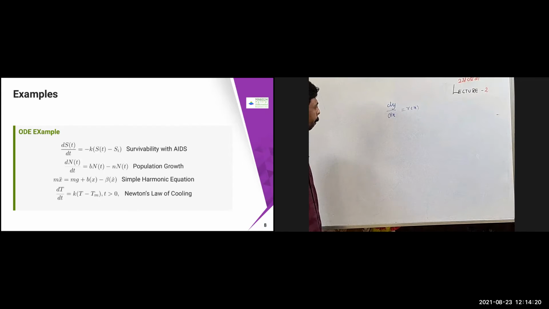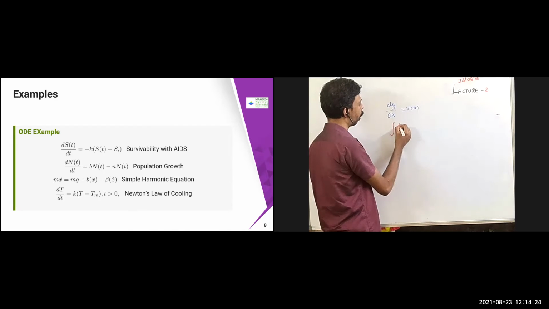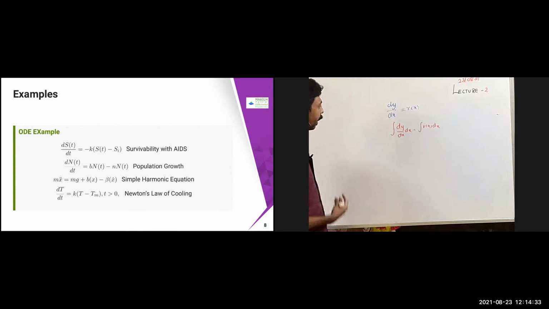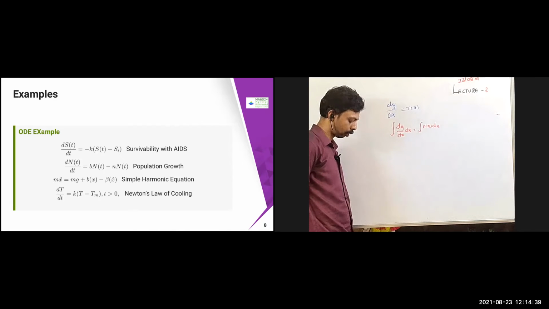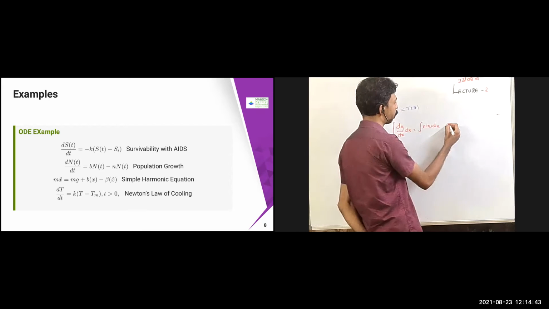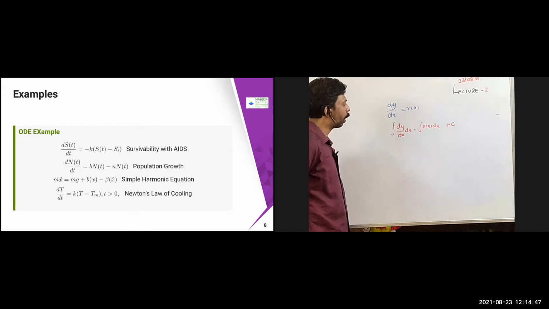Integrating both sides with respect to x. Okay, you are going to integrate with respect to x. Fine. Then, what is the guarantee that you will get the solution for this one? What are the conditions you require to solve this? One constant will also be there. Okay, let it be some constant. That is after that stage. Now, what is the guarantee that your integral is going to exist?